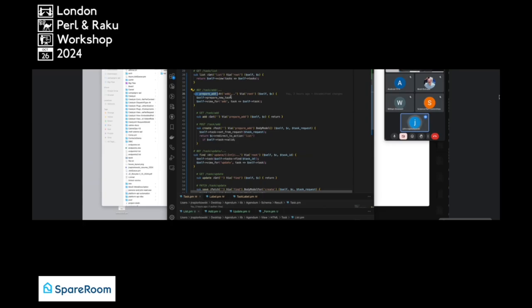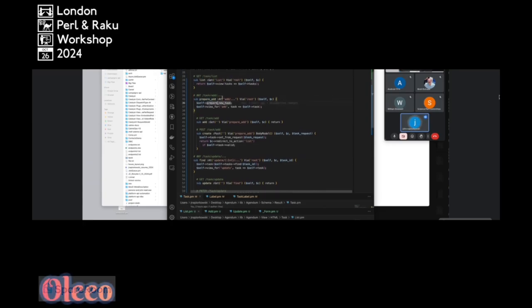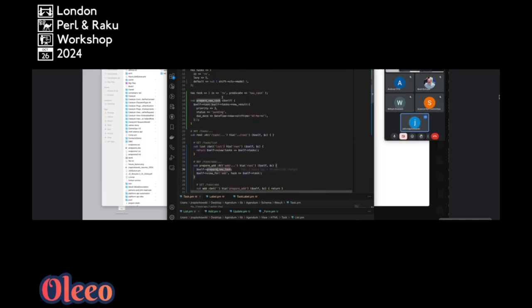So what is prepare doing? It's calling a method on the controller called prepare new tasks. So let's go look at that. So that's this method right here. There's not a lot going on here. When you call this method, all it's doing is assigning to this attribute, task, which we're allowed to use now because, again,